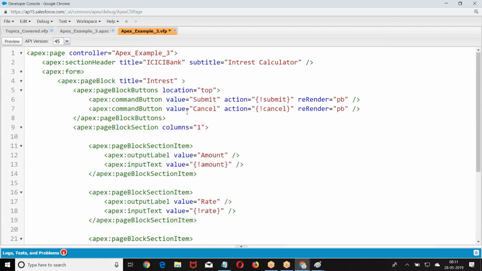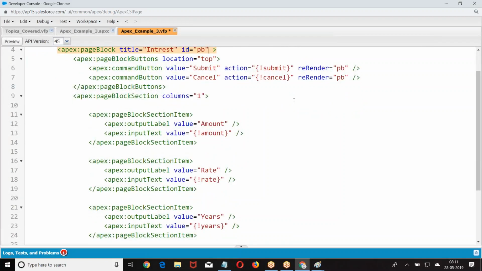So this is how we create it. What we have done is created a page block with the page block buttons and a page block section.